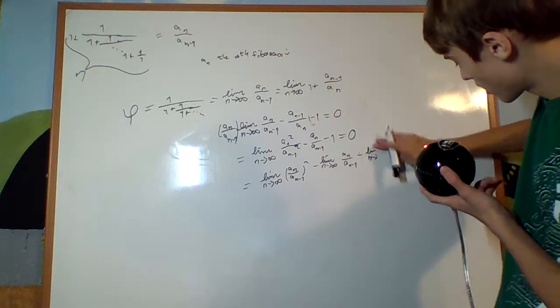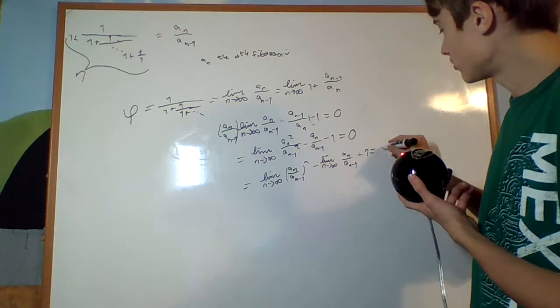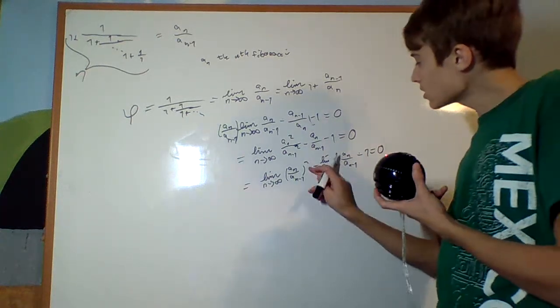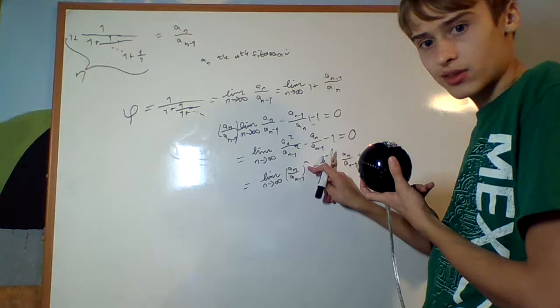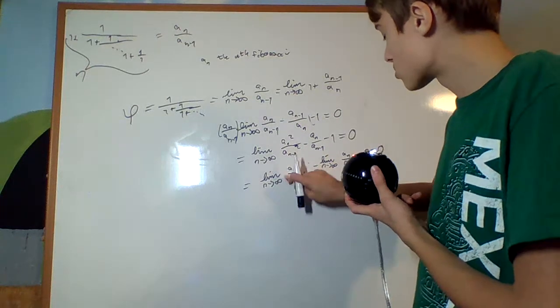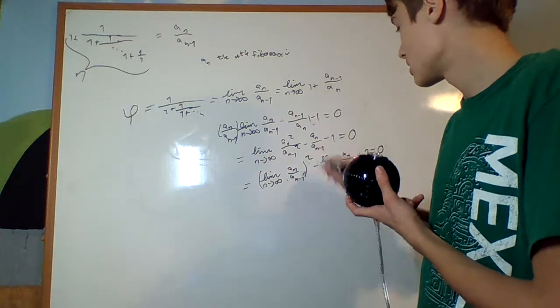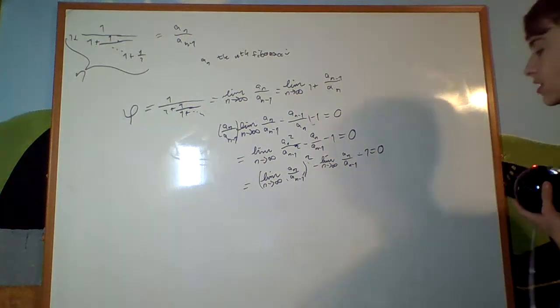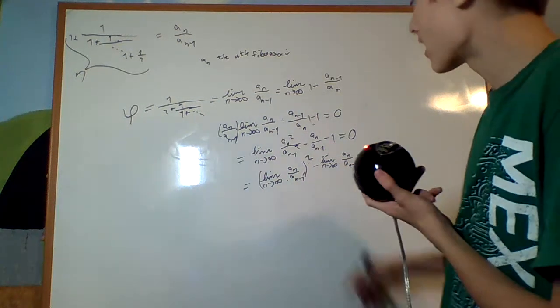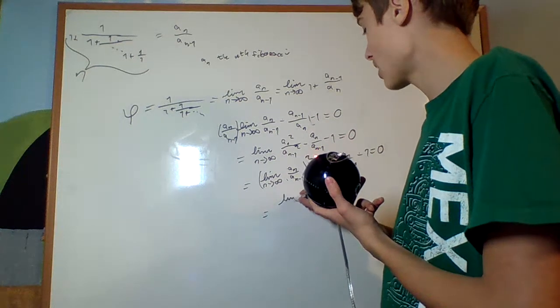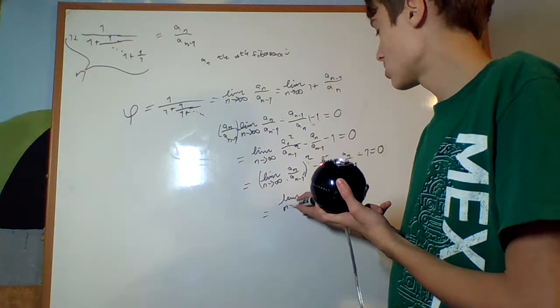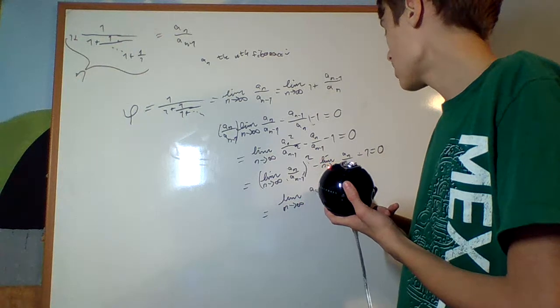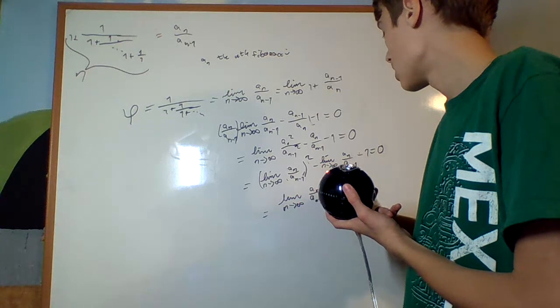But that's just 1 equals 0. Oh, but because squaring something is a continuous function, I can move those parentheses outside to get this, and you can see this is a polynomial in the limit as n goes to infinity of an over an minus 1, so this gives me the limit as n goes to infinity of an over an minus 1 is going to be